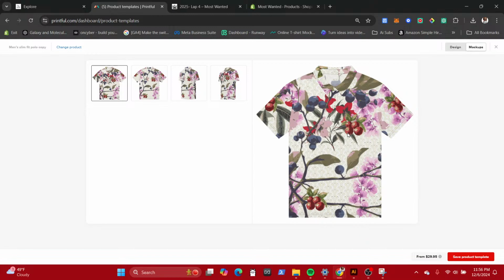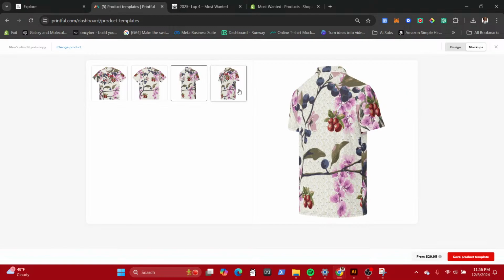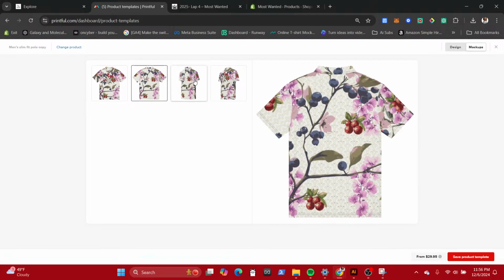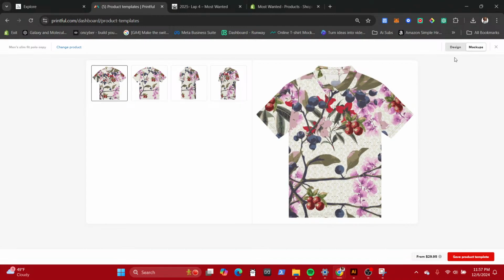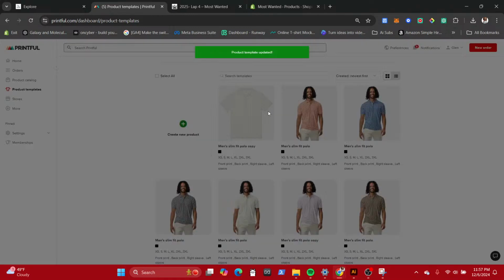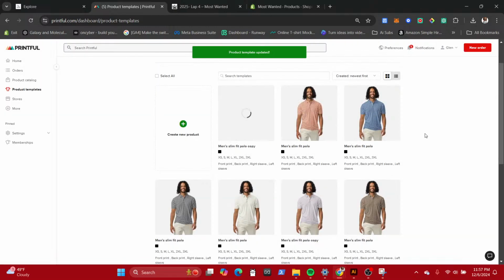But that's just to show you how you implement new designs, right? Now, let's see. Not bad, right? Not bad. And if I was to just let Buddy wear it, that's how it would come out.